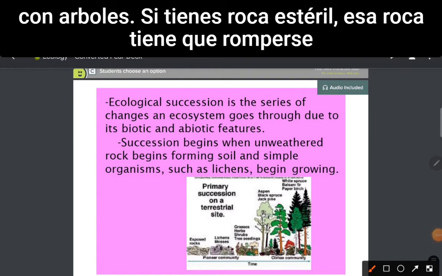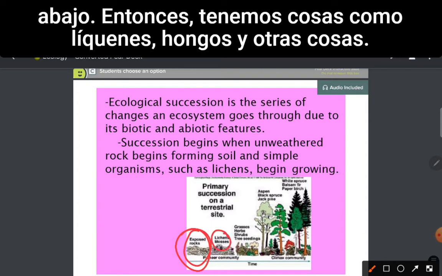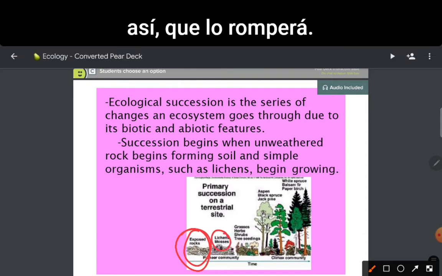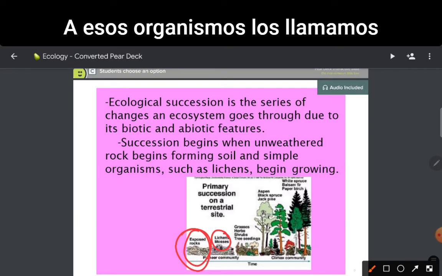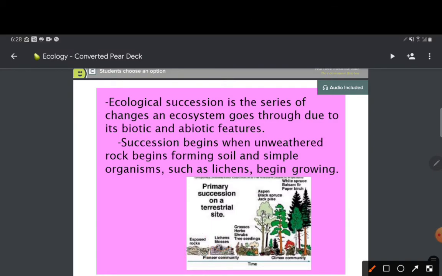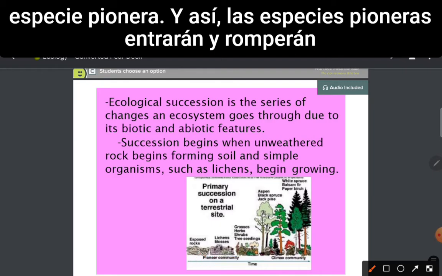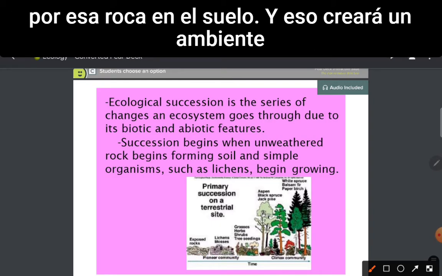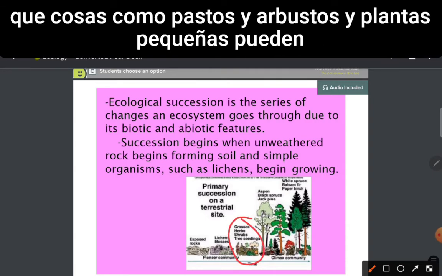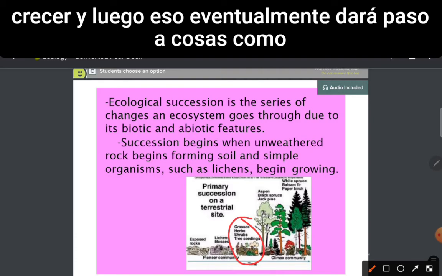If you have barren rock, that rock has to break down. And so we have things like lichen, fungus, and other stuff like that that will break that down. We call those organisms pioneer species. And so pioneer species will come in and break down that rock into soil, and that will create an environment where things like grasses and shrubs and small plants can grow. And then that will eventually give way to